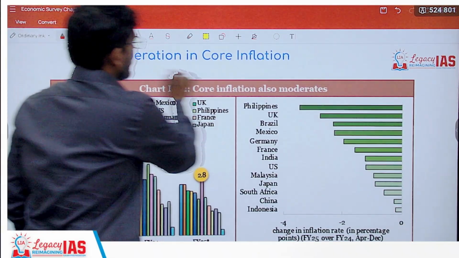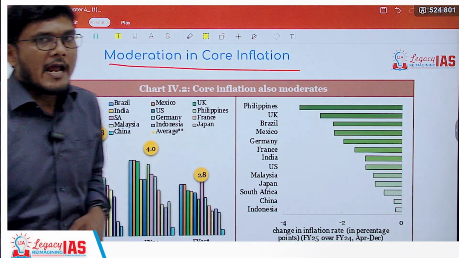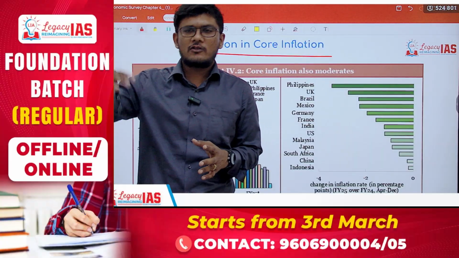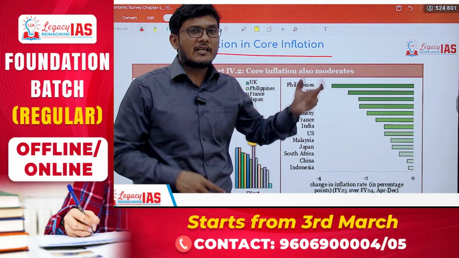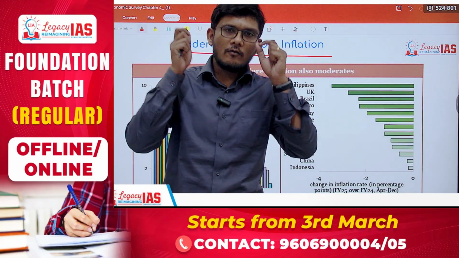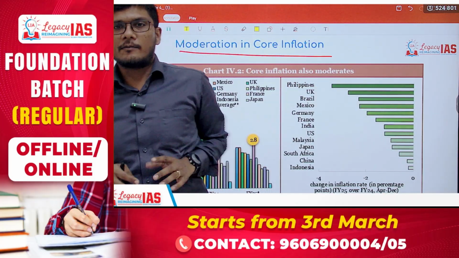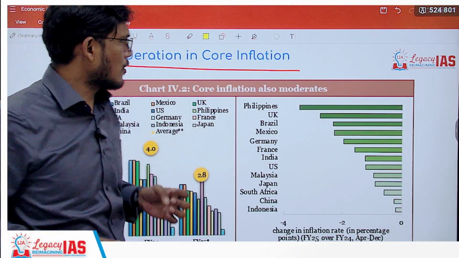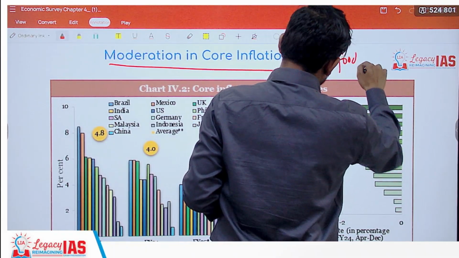Then there has been moderation in core inflation. Now what is the difference between headline inflation and core inflation? Headline inflation consists of all the goods and services present in the basket in which the increase of prices is checked. Core inflation is the inflation in that basket after subtracting a few things. What are those things? Food and power, electricity, or basically power, fuel. You can write it in general as power. So core inflation is headline inflation minus food plus